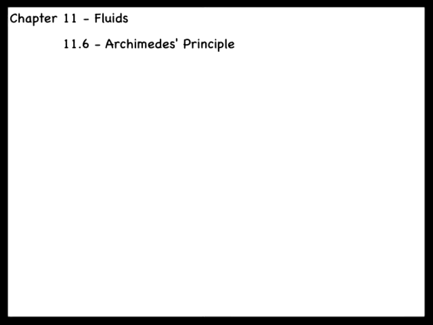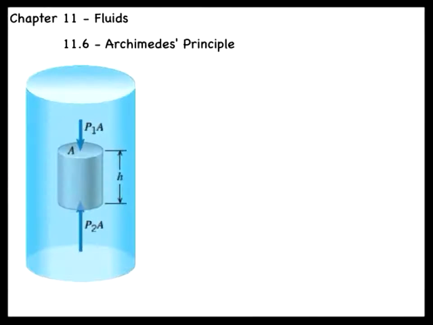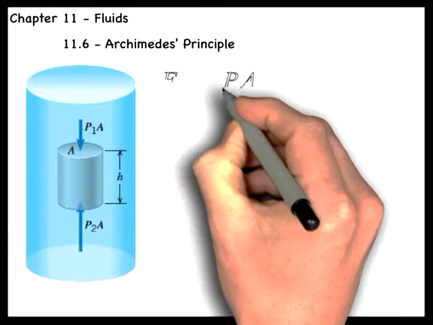We will now see how pressure, being a function of depth, leads to a force that acts on objects in a fluid that are either completely or partially submerged. Consider the following figure where a cylindrical object of height h is being held under the surface of a liquid. The pressure P1 at the top of the cylinder produces a downward force on the cylinder equal to P1 times